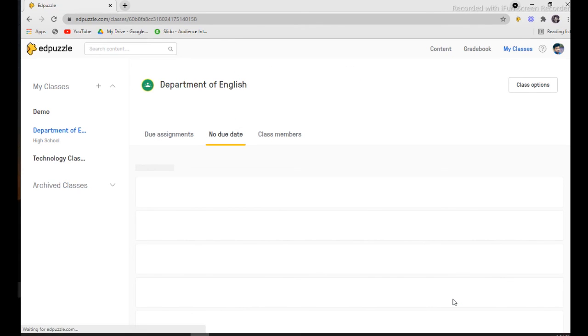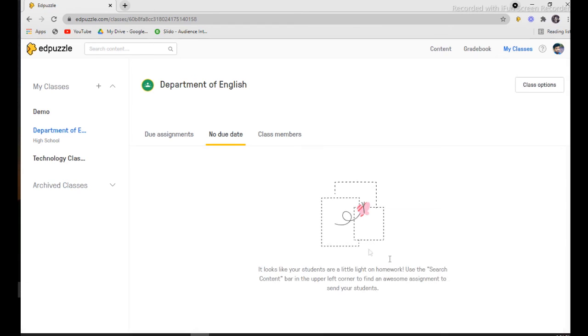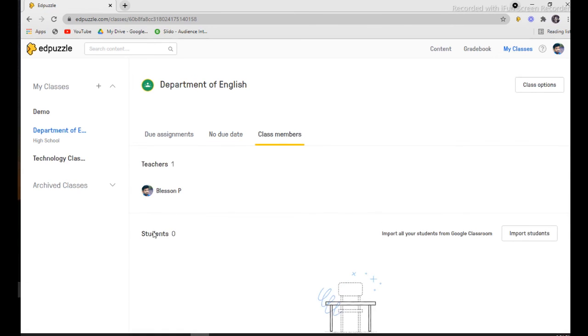After some time, if I have added students in that classroom, all the students' names will appear here. When I click class members, no students are imported there. Suppose students are already in that room, they will be imported here. There is no doubt about it.